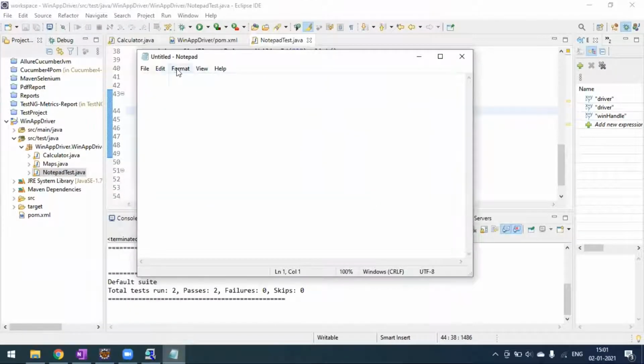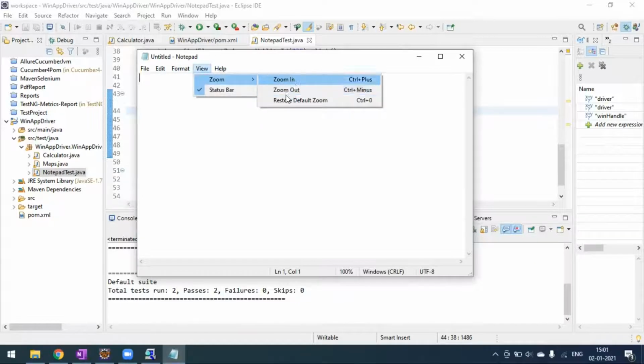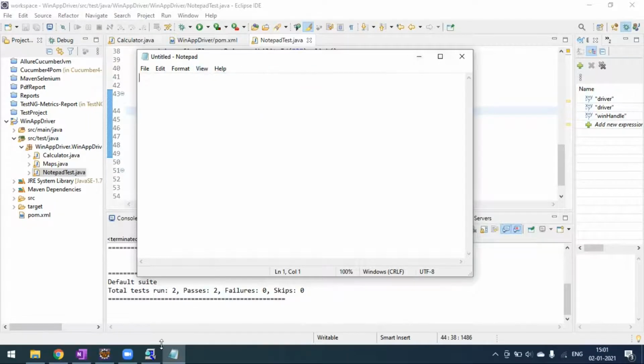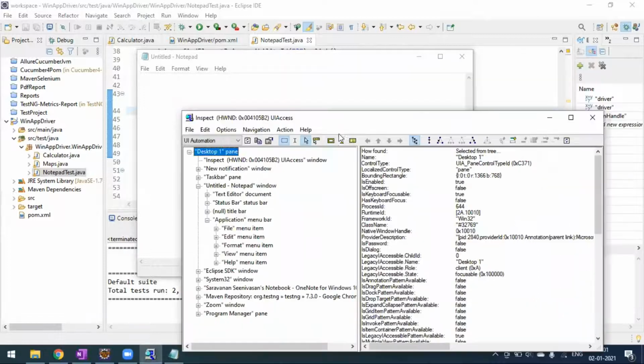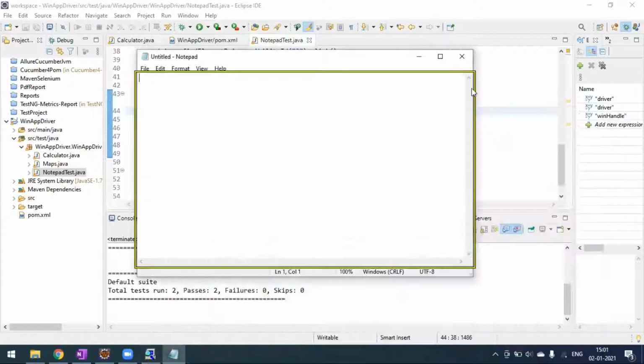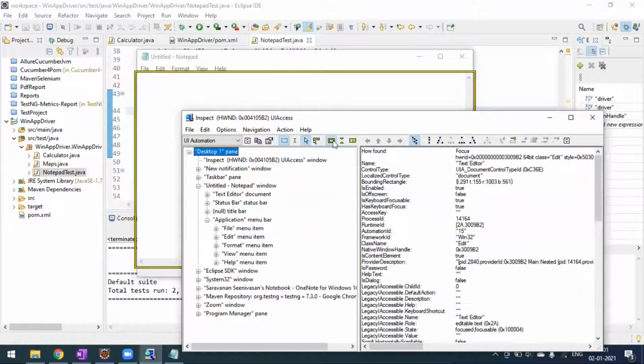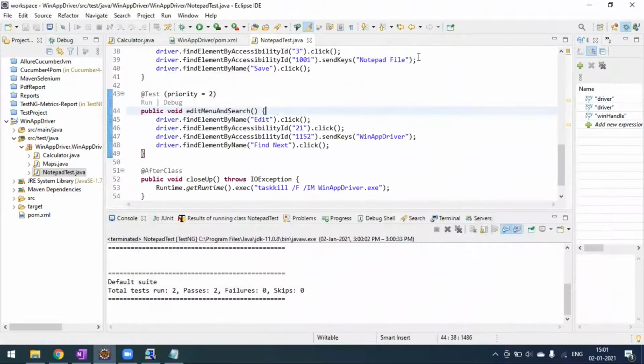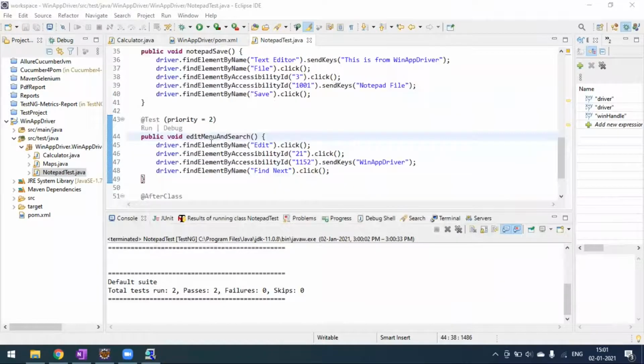Okay, in a similar way you can go to any menu, and if you want to do zoom in, zoom out, you can do that also. So at the end of the test case, we have to close this Notepad application, right? So we locate this close menu. Okay, this is a close menu. The name is close, or we can use the automation ID also, same close, right? So I will use the name actually. A name or ID, anything we can use. We can go with the name itself. So I will take the name from here.